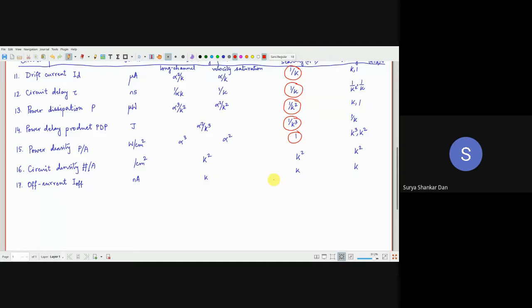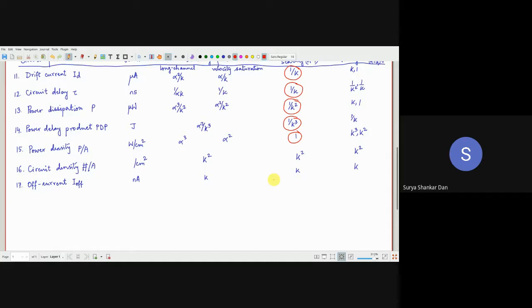Okay, so in the next class, we are going to begin with lots and lots of problems of scaling. So as of now, we have seen for the last two lectures what the advantages of scaling are. Now we are going to look into the disadvantages of scaling, and then we will pick up each and every disadvantage and we will discuss, sometimes mathematically with modeling, sometimes if the modeling becomes too tough or beyond the scope of this course, then we will just explain it physically. Okay, so that you will understand the short channel effects. Short channel effects, I mean the problems of short channel effects.